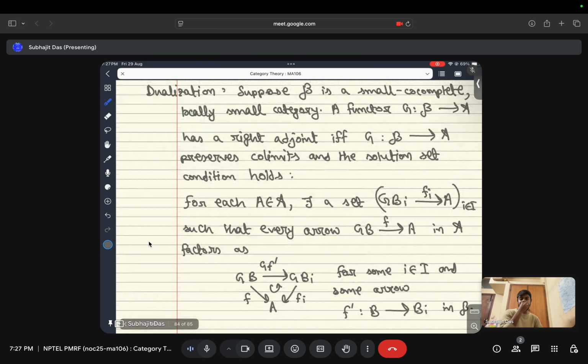So if you prefer to avoid mentioning the solution set condition explicitly, then what we should have is, instead of a weakly initial set for the co-slice category A over G, a weakly terminal set for the slice category G over A, right? That is exactly what we have here. Okay,